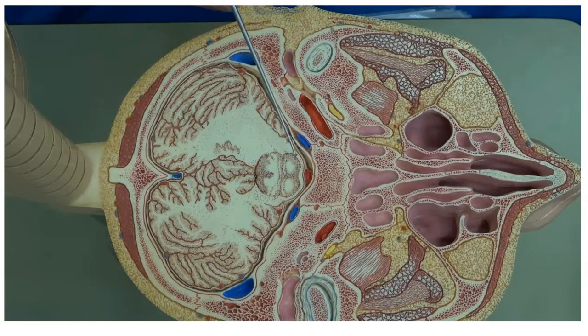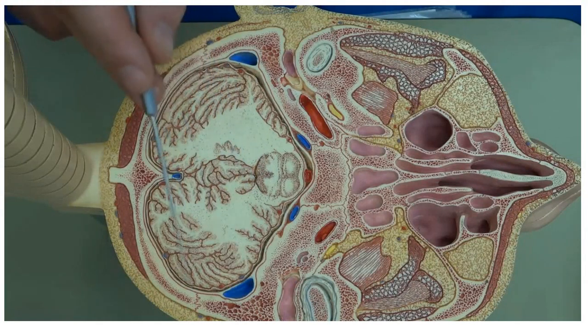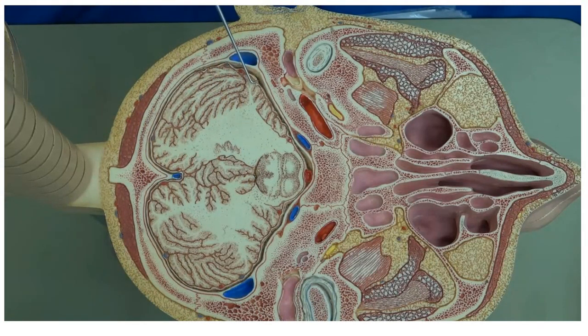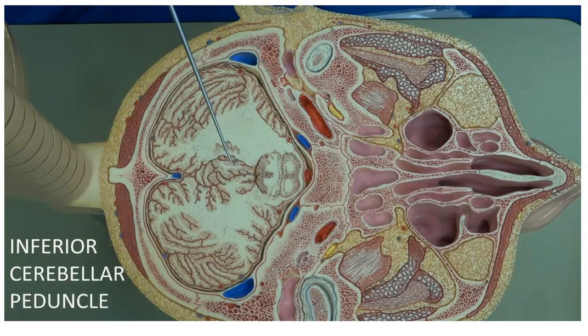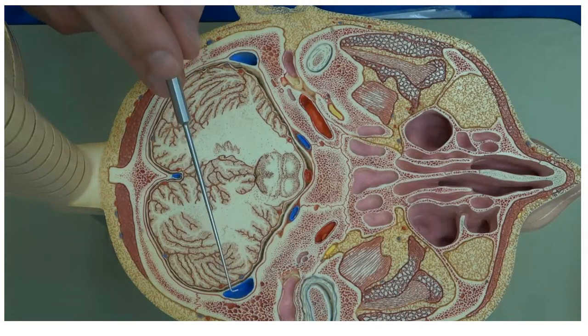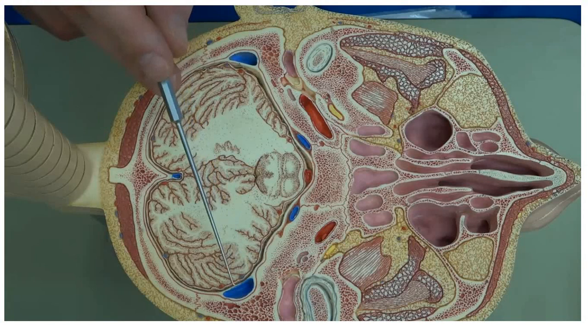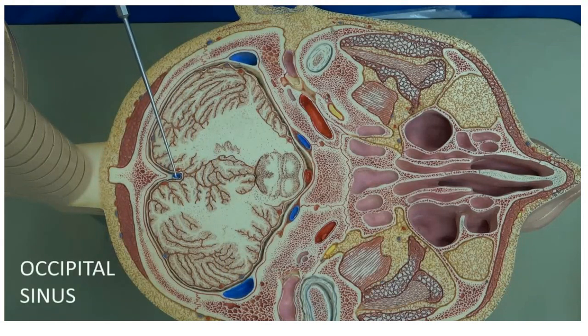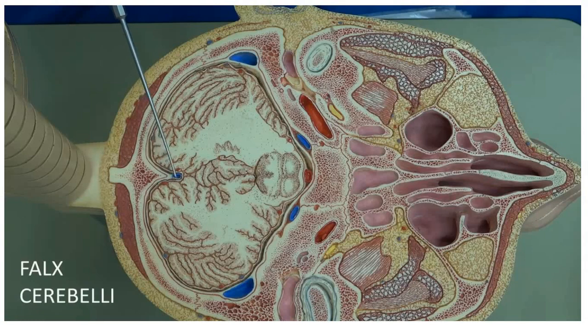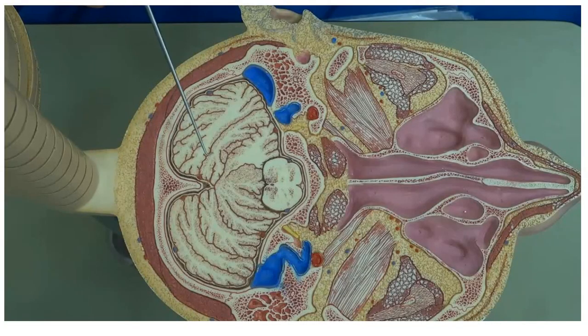On the level of the caudal pons, we can only see structures of the posterior cranial fossa, such as, of course, the pons, the fourth ventricle, covered by the cerebellum and by the inferior cerebellar peduncles. In the dura, we can see the occipital sinus, the falx of cerebellum, and this will be the last section